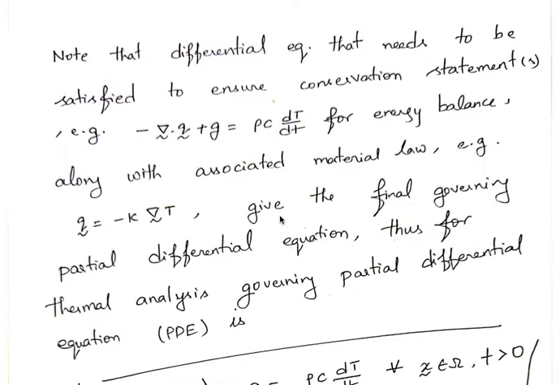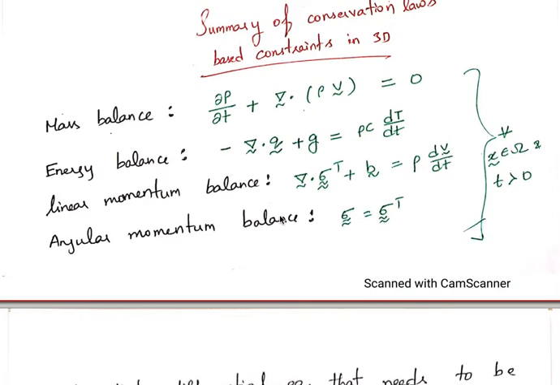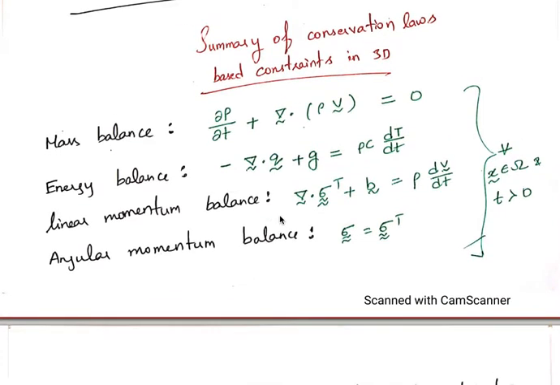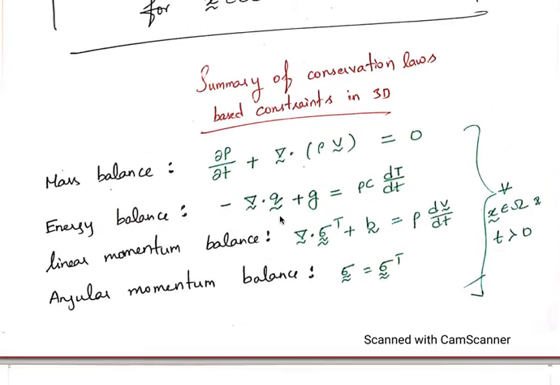Sir, in yesterday's class, we calculated the derivative of temperature with time, which is equal to the partial temperature derivative with respect to time plus gradient dot velocity vector. Sir, how does that equation come? What is the basic?